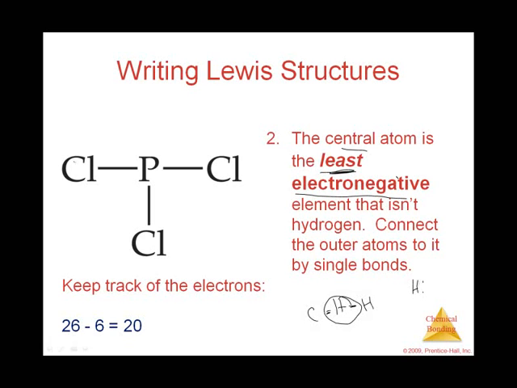I've got 7 times 3 is 21, plus 5 is 26. Okay, so I've put phosphorus in the center. I've put 3 chlorines on it. They need a bond, so I've used 6 electrons. I have 20 left. So now you can draw these as dots,